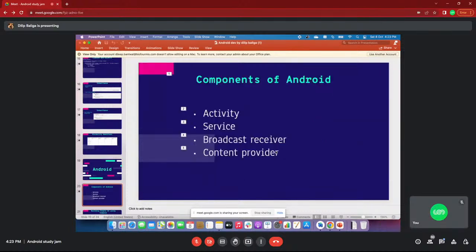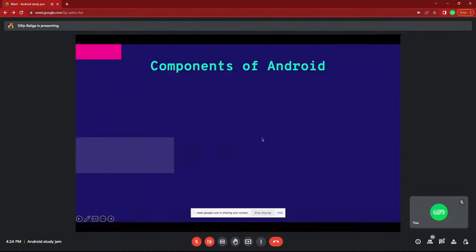Now you can ask, what are the components? To build any app, we need certain things, exactly four. If you build any kind of Android app, the first thing is activity.